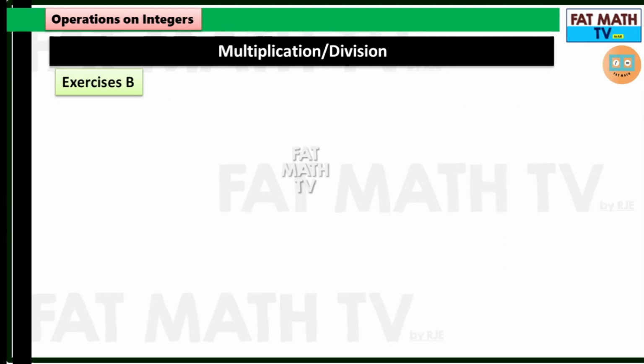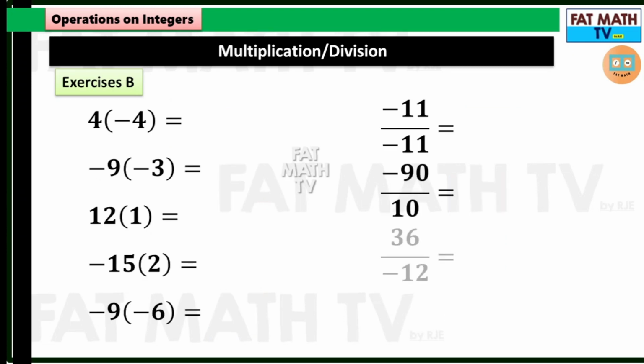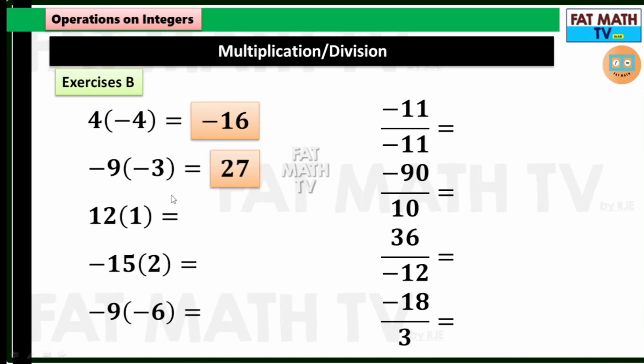Another set. 4 times negative 4, negative 9 times negative 3, 12 times 1, negative 15 times 2, negative 9 times negative 6, negative 11 divided by negative 11, negative 90 divided by 10, 36 divided by negative 12, negative 18 divided by 3. So, 4 times negative 4 is negative 16, negative 9 times negative 3 is positive 27,